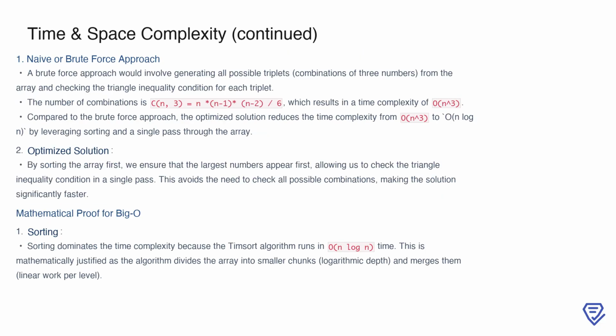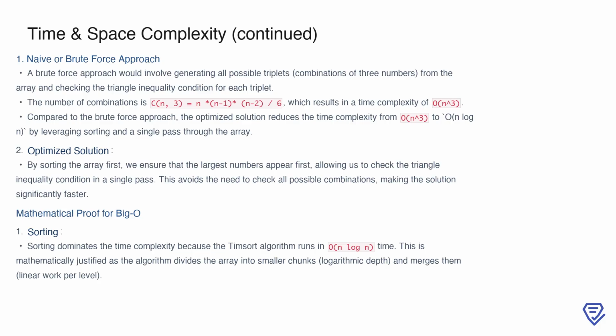Let's compare this optimized solution to a naive or brute force approach. In the brute force method, we would generate all possible triplets from the array and then check each one against the triangle inequality condition. The number of possible triplets is given by the combination formula C(n, 3) = n * (n - 1) * (n - 2) / 6, which leads to a time complexity of O(n cubed). By contrast, the optimized solution avoids generating all combinations by first sorting the array and then checking the condition in a single pass. This reduces the time complexity from O(n cubed) to O(n log n), making the optimized